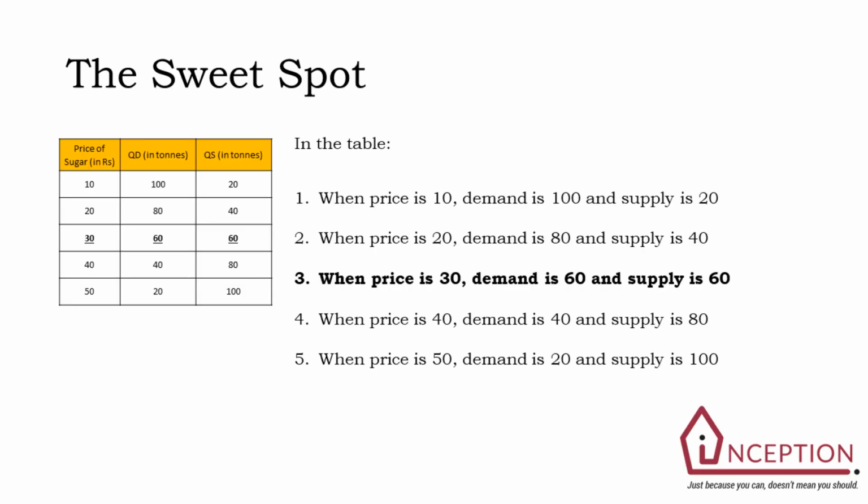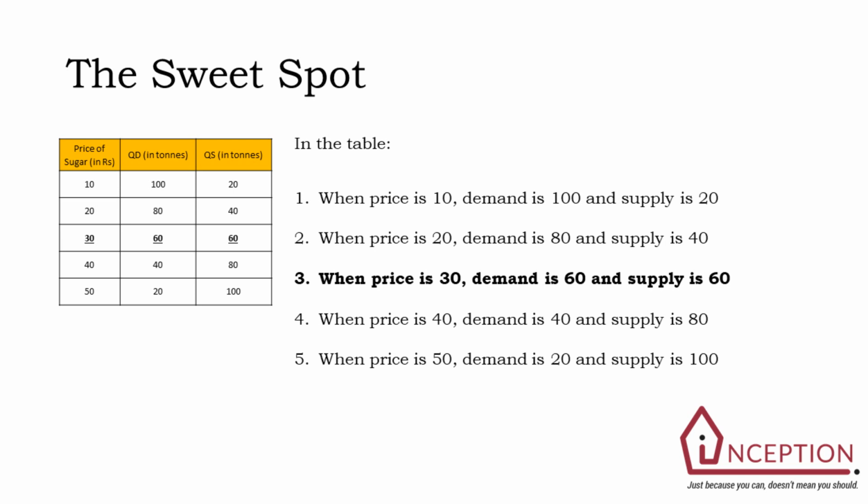To again explain how the price mechanism works, we have considered another example here, that is the price of sugar, the quantity demanded for that sugar and the quantity of sugar in supply. Now remember, there is an inverse relationship between demand and supply. It says in the law of demand that when the price is low, the consumer wants to buy more, and when the price is high, the consumer wants to buy less. But the law of supply says when the price is more, more is supplied. When the price is less, less is supplied.